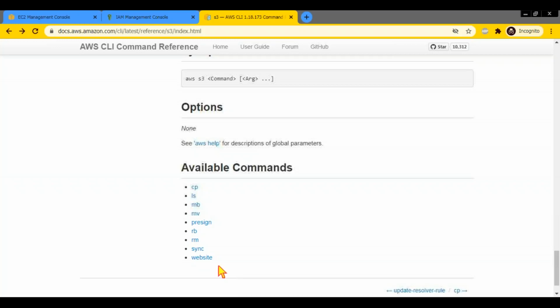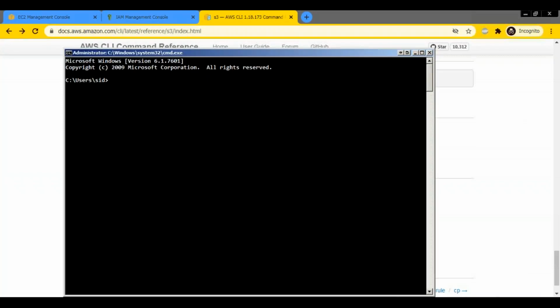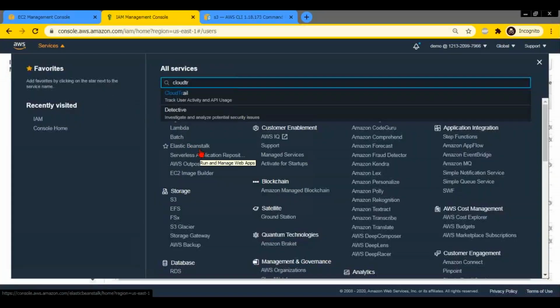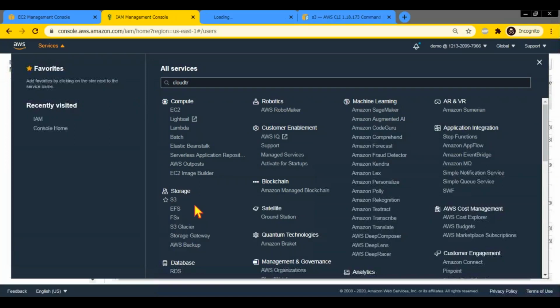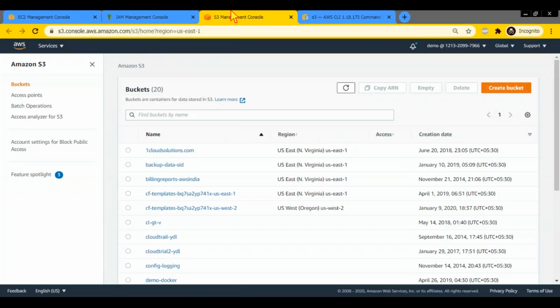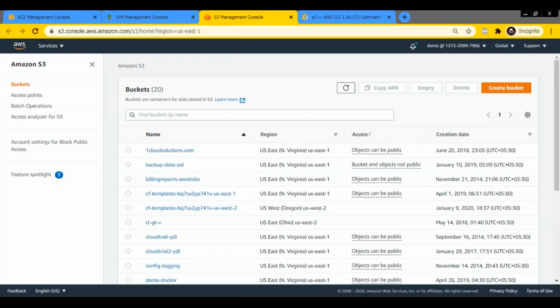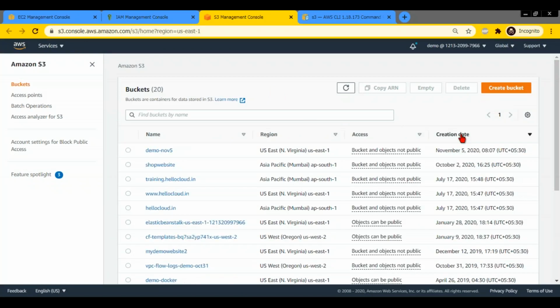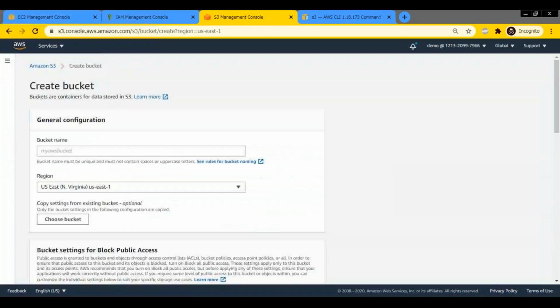So how do you start using this? We have installed the CLI. So what is the command? For example, I will take S3, it will be easier for you to understand. Let me open S3 in the console also. We'll go ahead and create a bucket for ourselves.